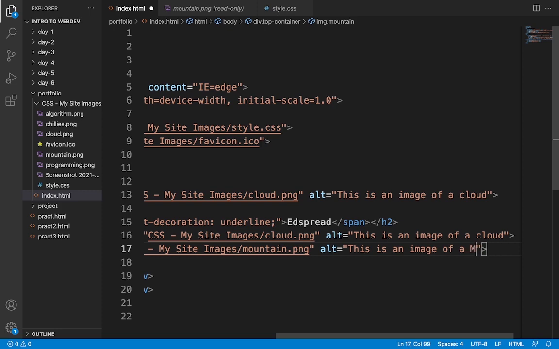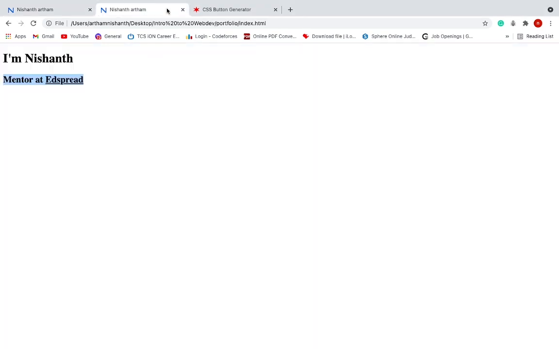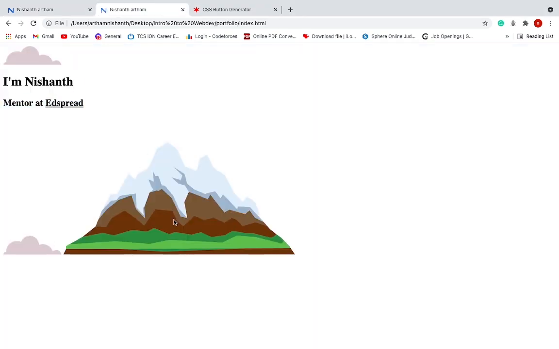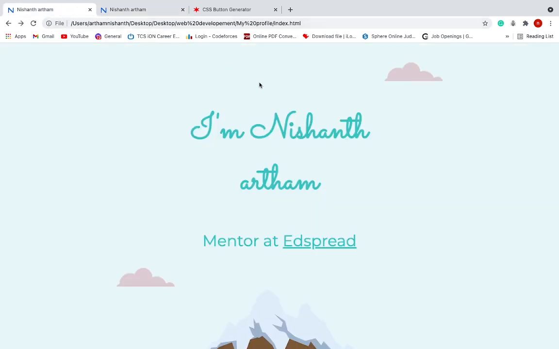This is an image of a mountain. Now save this and run. Yeah, you got your two clouds and a mountain, which is pretty good. All you have to do is just align them. We'll be seeing them later. Let us give a background color at first,